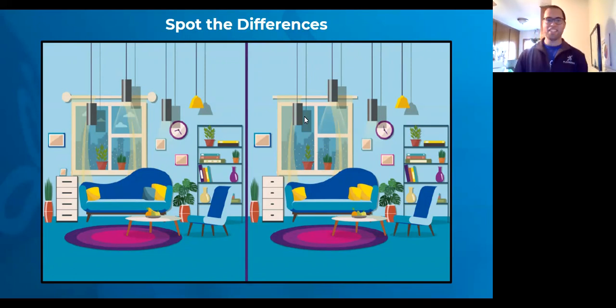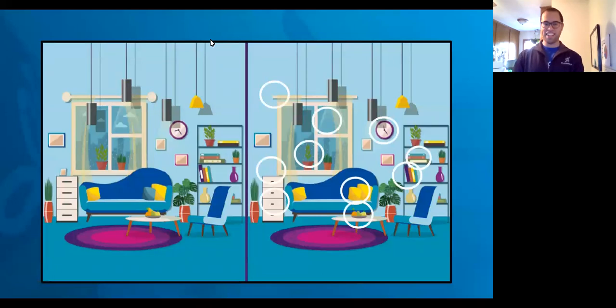All right. Cool. Let me reveal all of the differences here today so you can see just where they are. I love starting virtual trainings and meetings with a game on the screen. People always join at different times, so we love to have something on the screen, whether it's a Where's Waldo or a Spot the Differences, or we've done a Name the Sitcom Living Room in the past.